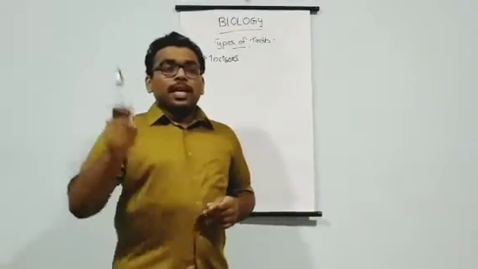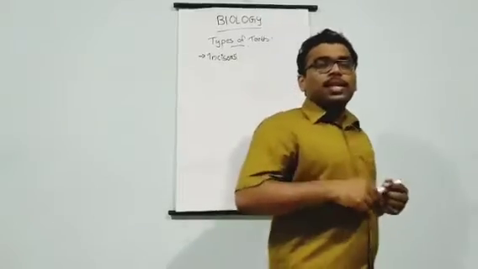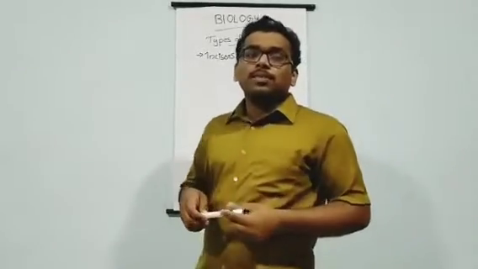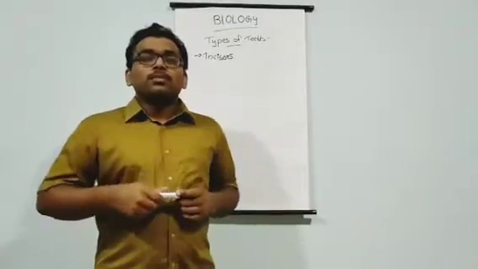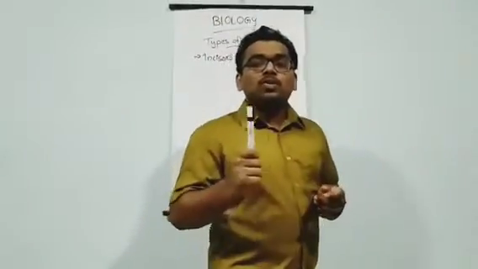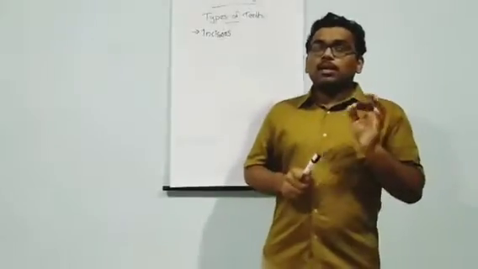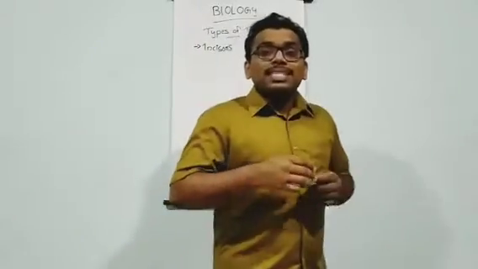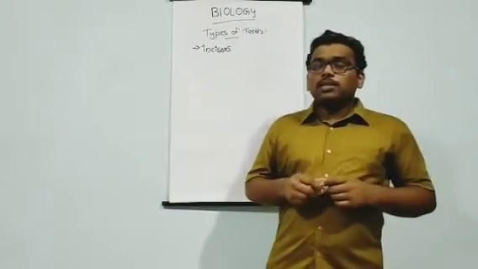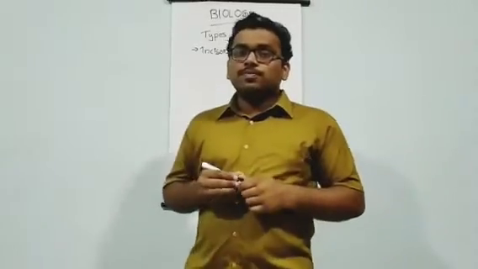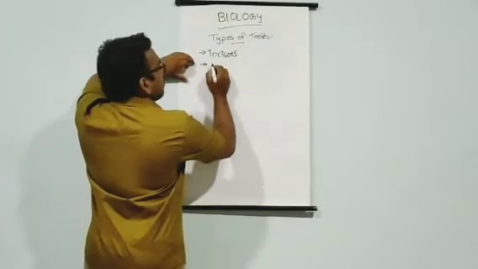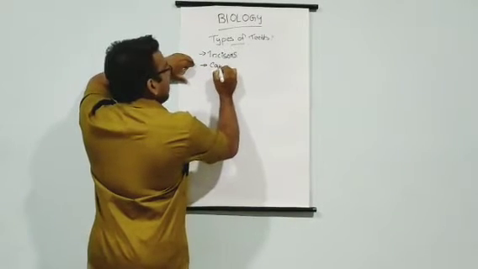Once again, canines are slightly pointed teeth situated on either side of incisors in a row. Because they resemble the fangs of a dog, they acquired the name canine. Canines help us to tear the food properly. I think you got a clear idea about it, isn't it? Yes. So we are discussing the second type of teeth, that is canines.